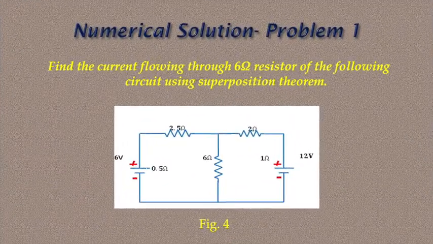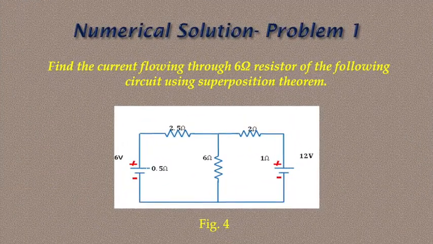Now let's solve a problem using this theorem. Here an example is given: find the current passing through the 6 ohm resistance using the superposition theorem. Here two voltage sources are given, 6 volt and 12 volt, and two internal resistances are given, 0.5 and 1